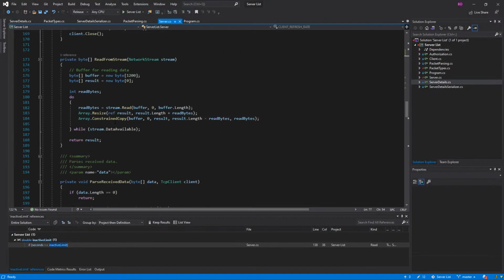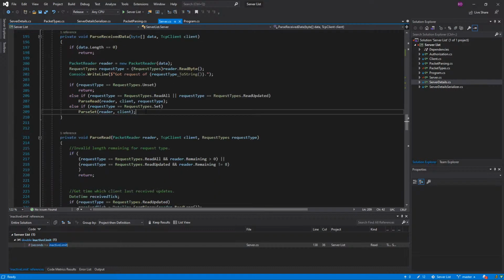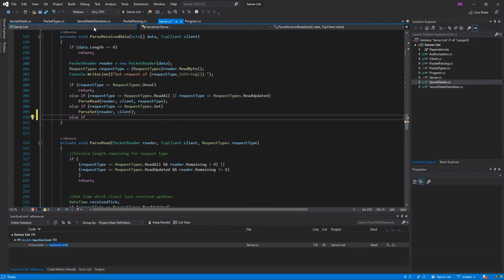So let's see. Here we go. This is where I basically get the packet from whether it be client or server, and it determines what type of packet it is, and then it parses it. So if request type equals request types dot,